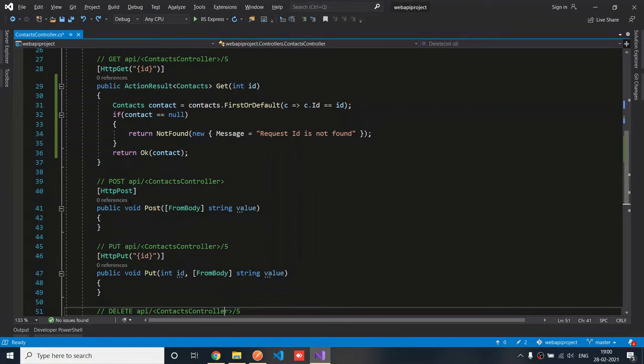And then what we have got is an attribute called from body, and this one specifies a parameter should be bound using the request body. So what we used to see in the HTTP get is that we were able to specify a contact we want to see by providing its ID. When we want to create a new contact,